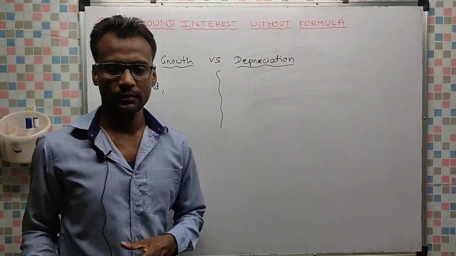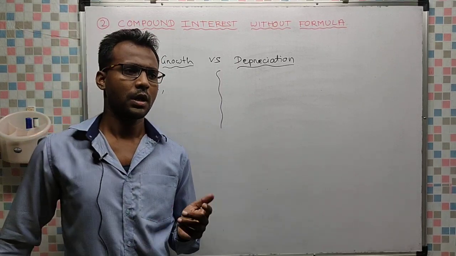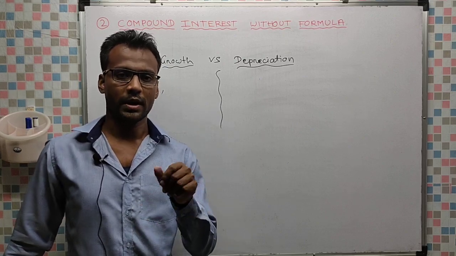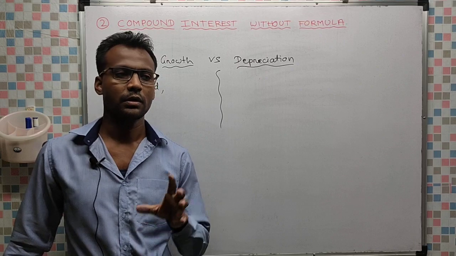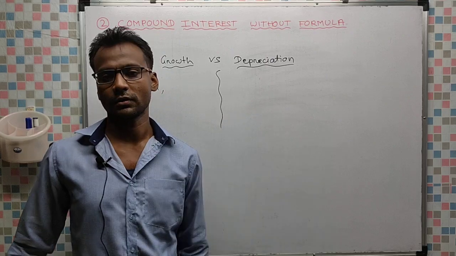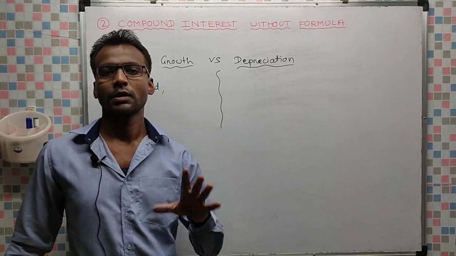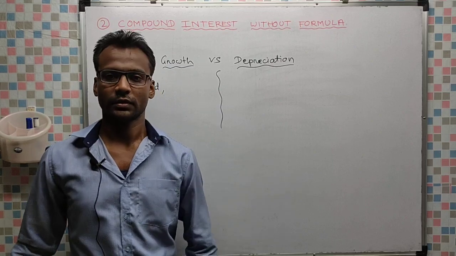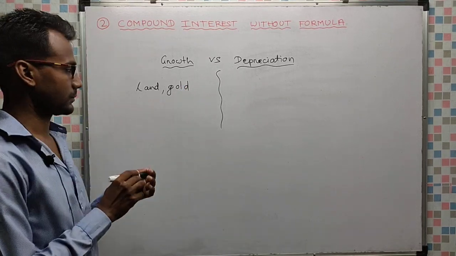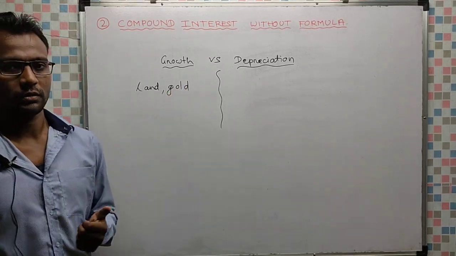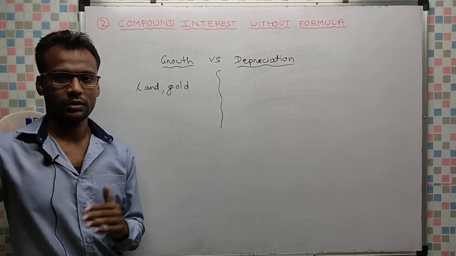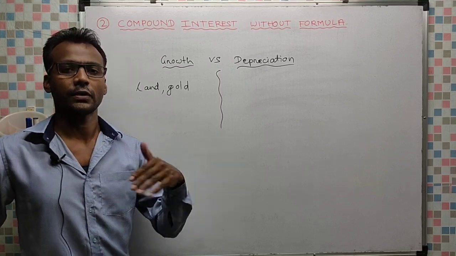We can take another example, gold. Now the price of gold is around 48,000 per 10 gram. If today you buy 10 gram gold by paying rupees 48,000, after 10 years it will be definitely more than 48,000. The same gold you will sell and you will get more than 48,000. So these are some examples of growth. It follows compound interest. The same method is used in case of growth. We simply go on increasing the value.